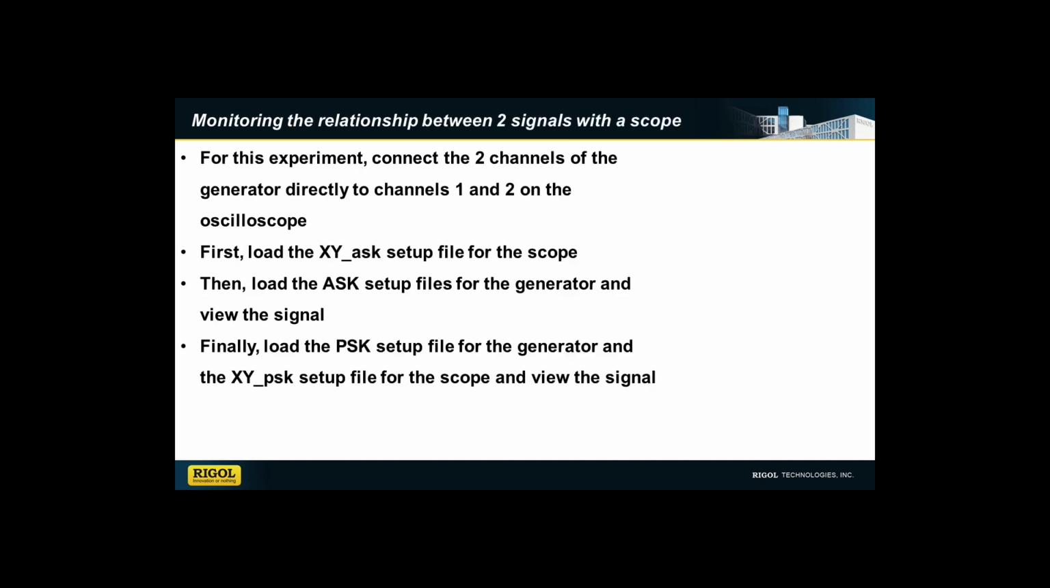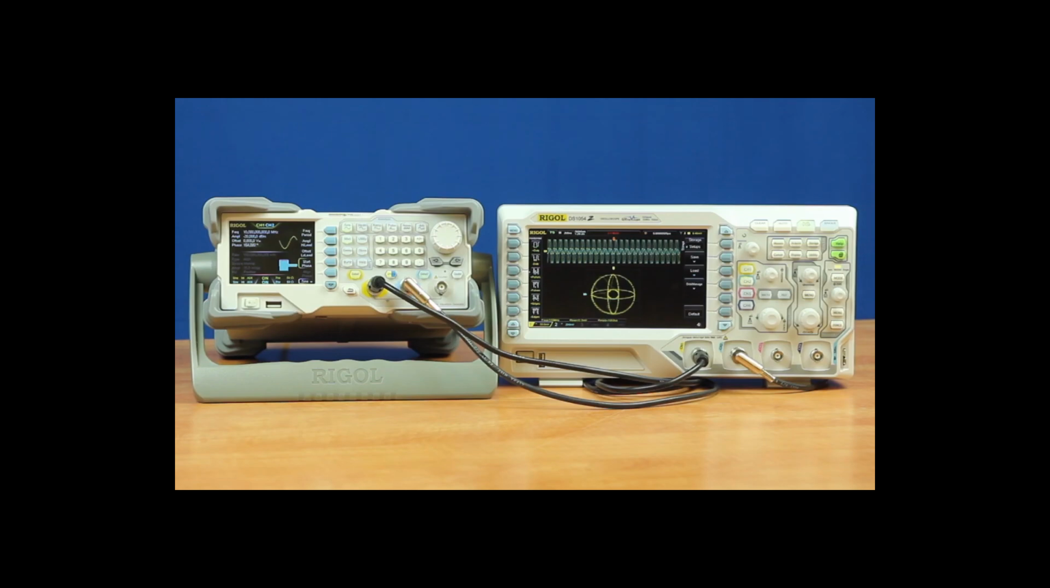Let's do one more experiment where we can look at the relationship between two signals in phase. We can do this using XY mode on a scope. So we're going to look at a few amplitude shift key and phase shift key signals using the XY mode on your oscilloscope. Here we've set up XY mode on the scope to look at two channels that are both ASK, or amplitude shift key modulated. So we've set up those setup files, we've turned on both outputs, and now in this mode,